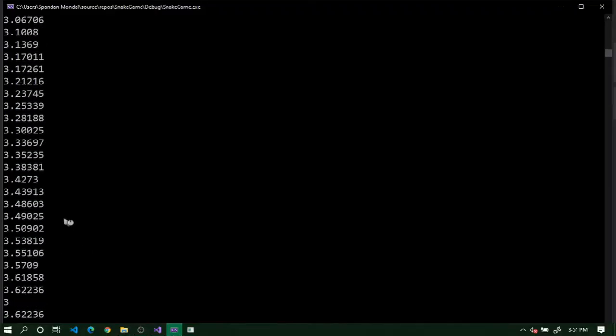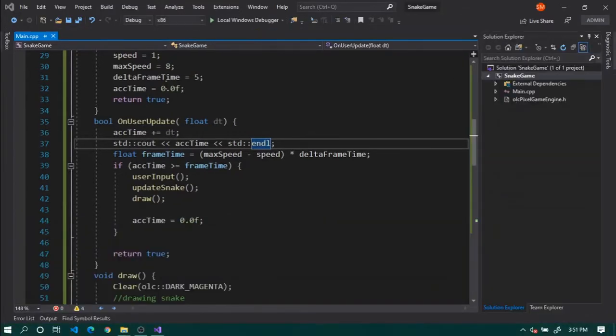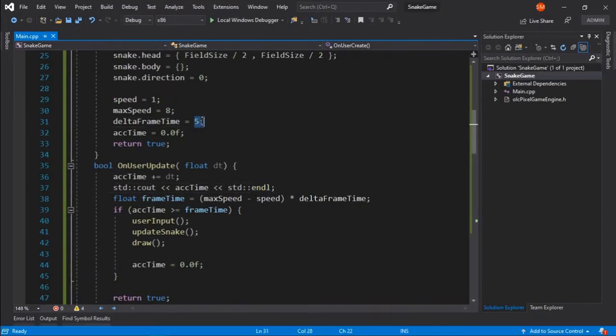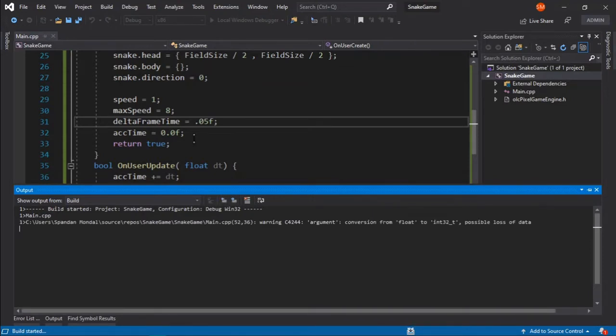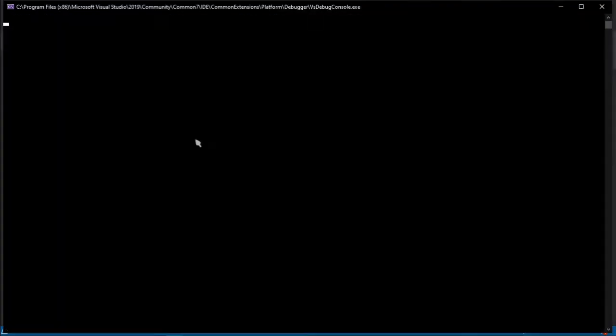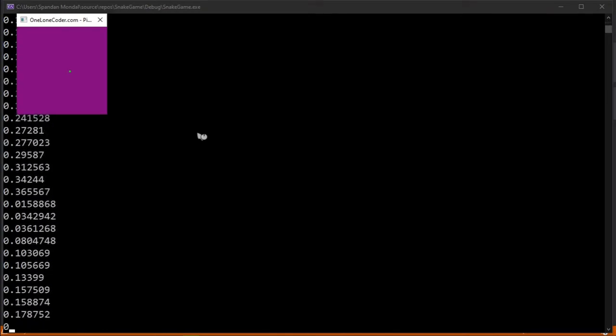So now here I can see that accumulated time is jumping, and I guess I put the delta frame time a very large number. I will just use something like 0.5, a very small amount of time for the delta frame time. This should be perfect, I guess, because technically we are increasing our frame rate by 100.